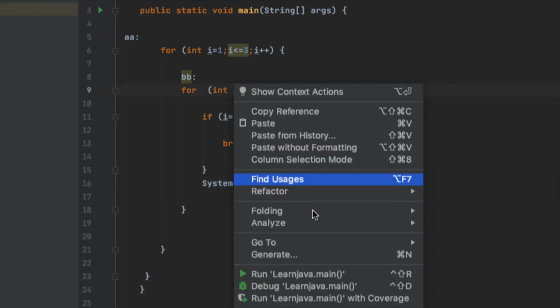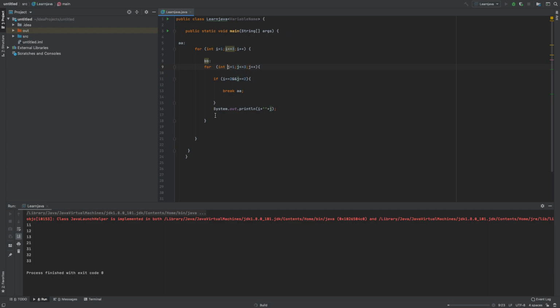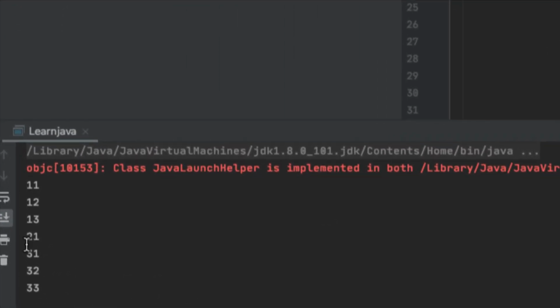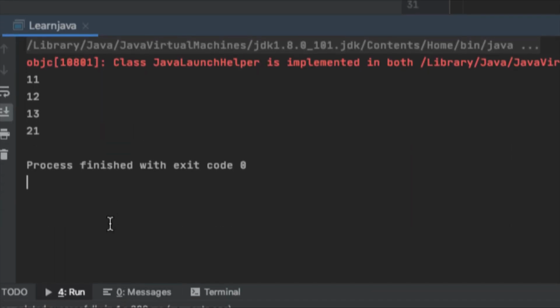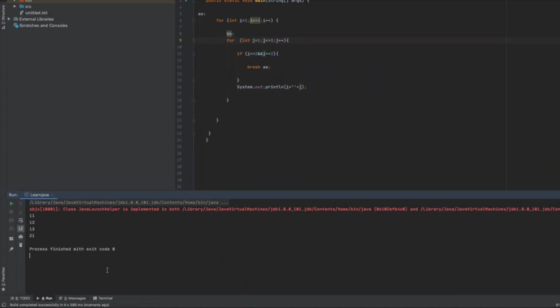Let's see if this one is working. There you go, it's working. 1 1, 1 2, 1 3 and 2 1. So it's not going to print what I've asked for, because it's going to break the label statement. So what is a break statement in